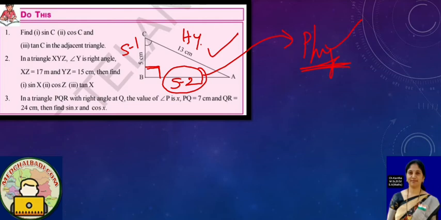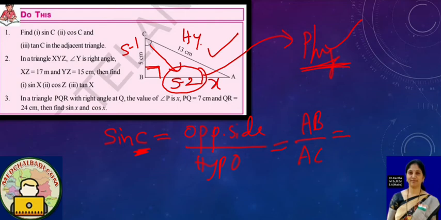After that, sin C they are asking. So how can we write sin C? Here I am taking this as x. What is the formula for sin C? The sin formula is opposite side by hypotenuse. Based on C we have to write, so this becomes the opposite side. That means AB, AB length by hypotenuse AC. You have to find the AB length by using the Pythagoras theorem and mention it here. That value by AC, that is 13 they have given. Like this you have to write.